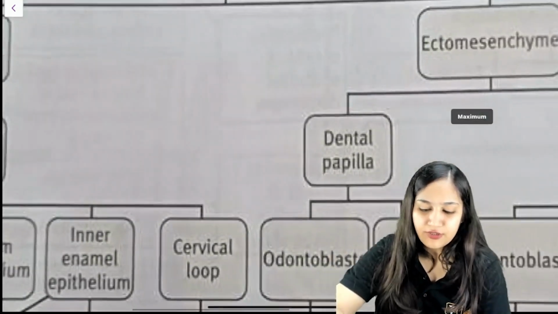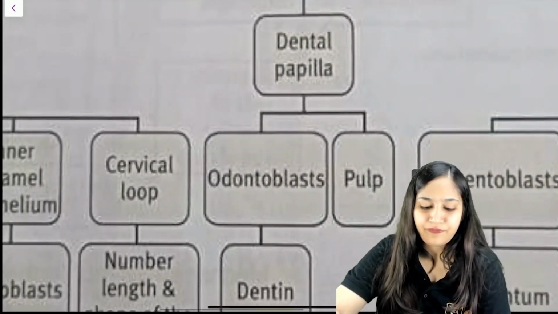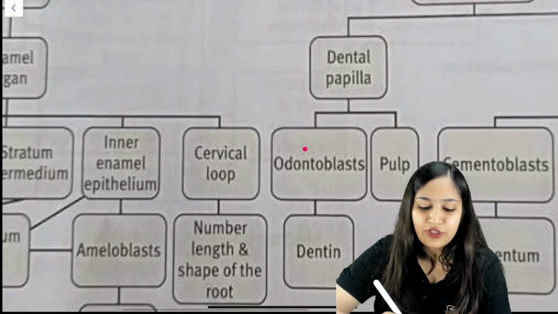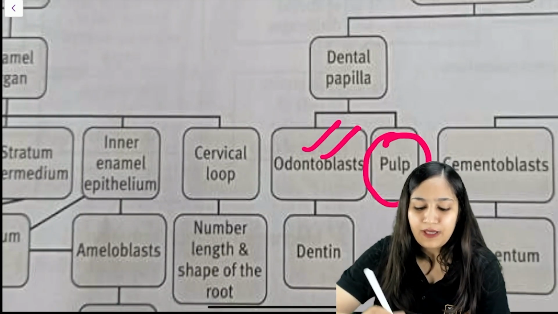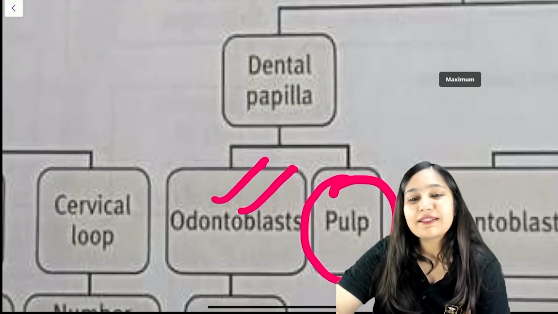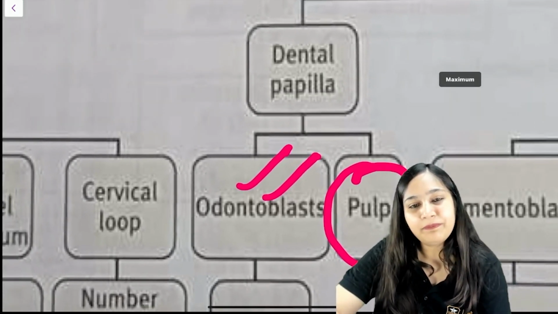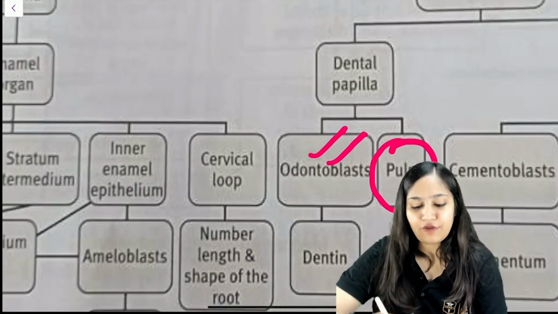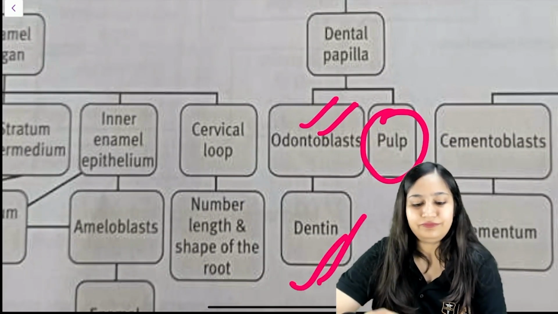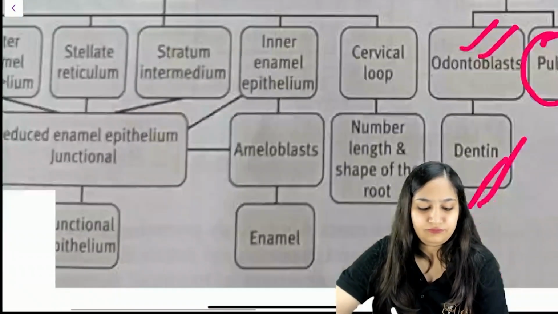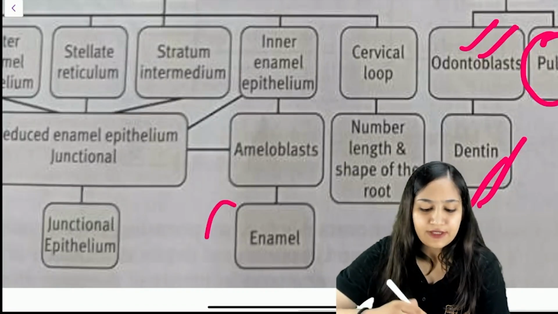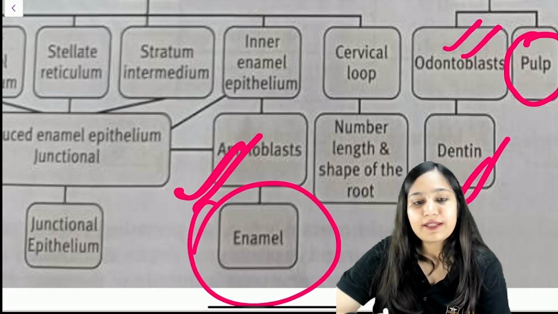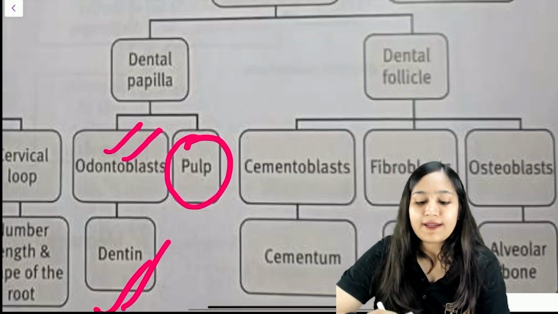So in this chart also we can easily appreciate dental papilla cells differentiate into odontoblast cells. Fibroblast cells present in dental papilla form pulp, and remaining cells differentiate into odontoblasts and they form dentin. Enamel organ gives rise to enamel. They differentiate into ameloblast cells and form enamel. While dental follicle,